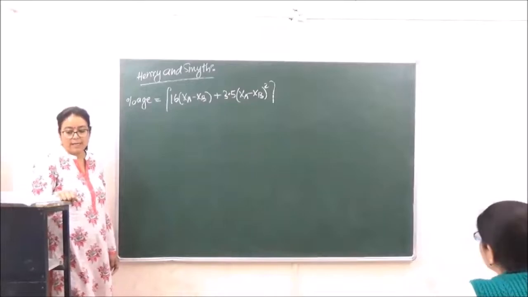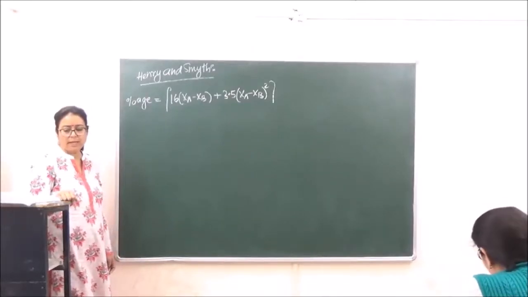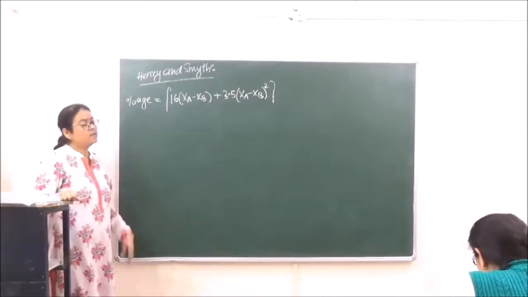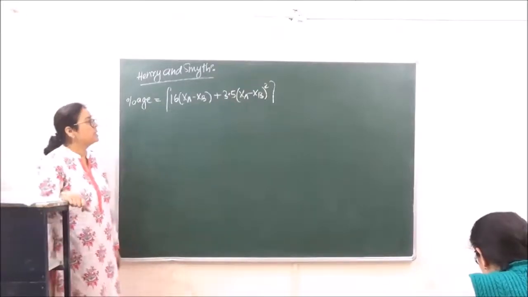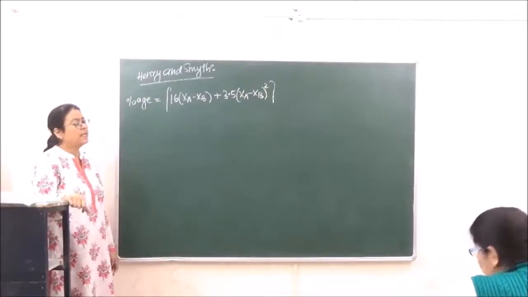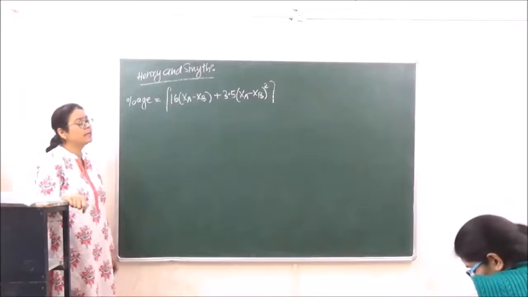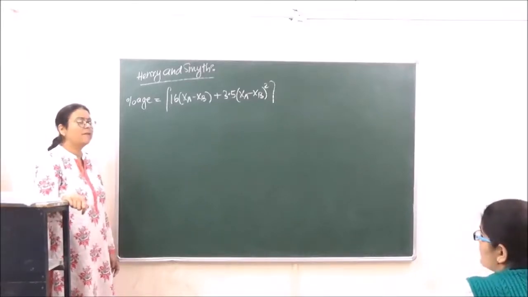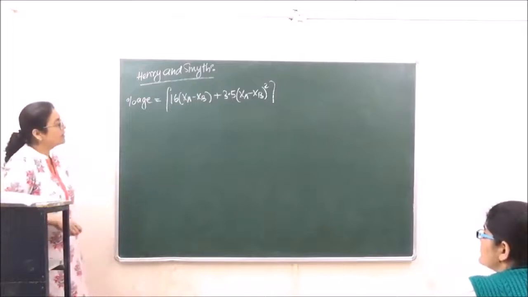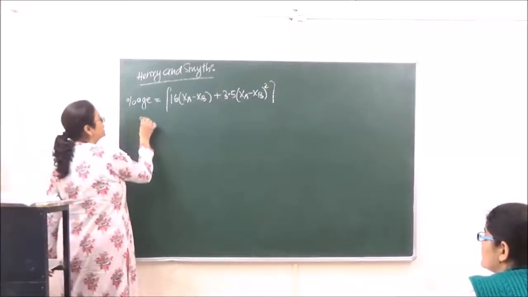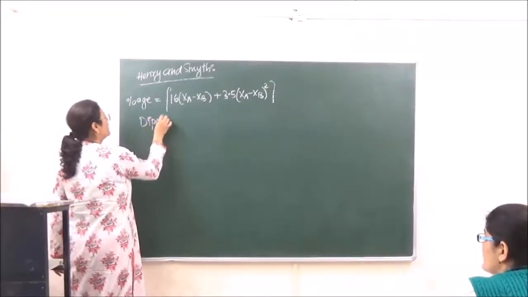So we have already said that if by calculating the percentage by this expression, the answer which you get is 50, then in that case the bond is going to be 50% ionic and 50% covalent. ठीक है? समझ आ गया? Okay. Now when we are doing this, the polarity, we come to another property